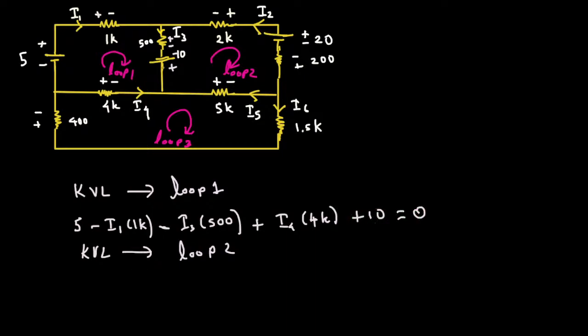If I look at loop number 2, now if I take clockwise for loop number 2, this goes from plus to minus, so that's a negative. So negative 10 right here, and then minus to plus, that's a positive. So plus 500 times I3, and then 2k. This is a minus to plus, so that's a positive. So 2k times I2,